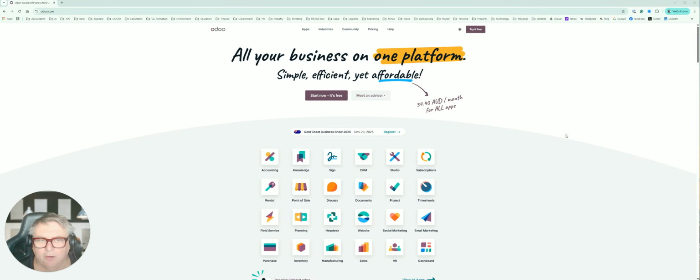Today we're going to be looking at Odoo. What is Odoo? Odoo is an enterprise resource platform which combines all sorts of different modules from accounting through to signing contracts, through